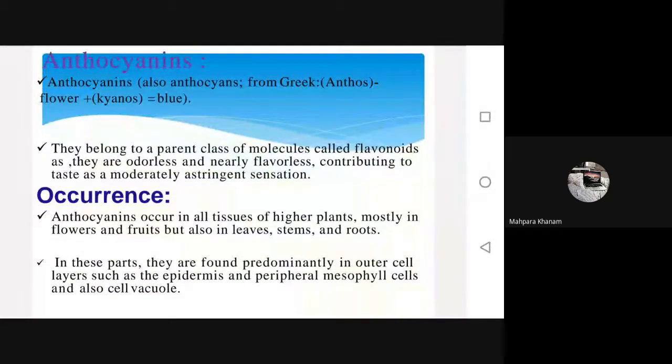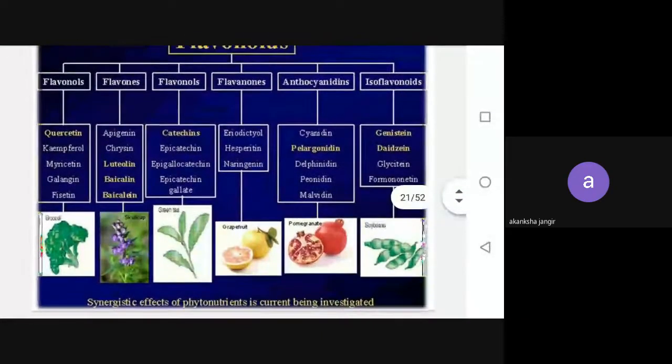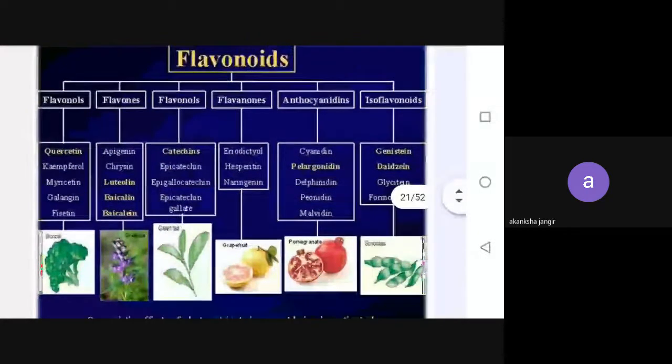Anthocyanins. Back to that slide once. Ma'am, in green tea, all these items are there, catechins and all these things, and same for broccoli and everything. So, do we have to remember the names of these components also, or just the vegetable? No, it's not vegetables. It's like, as I told you, suppose they have given pumpkin, or suppose they give you beetroot. Which type of pigment do you expect in this particular vegetable?